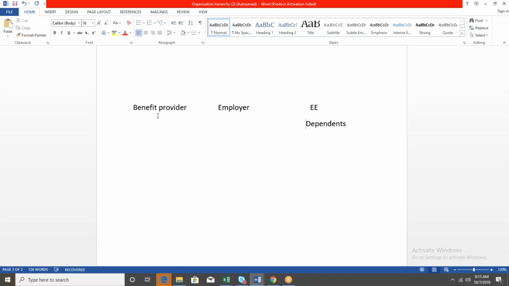Whenever the employee is in such a situation, an accident or an emergency, the employee directly reaches out to the hospital and can display the card. If it is approved, they will immediately process the treatment. Employee and dependent amounts plus employer amounts will be paid to the providers. This terminology we have to be more clear about. Finally, the amount is with the benefit provider.